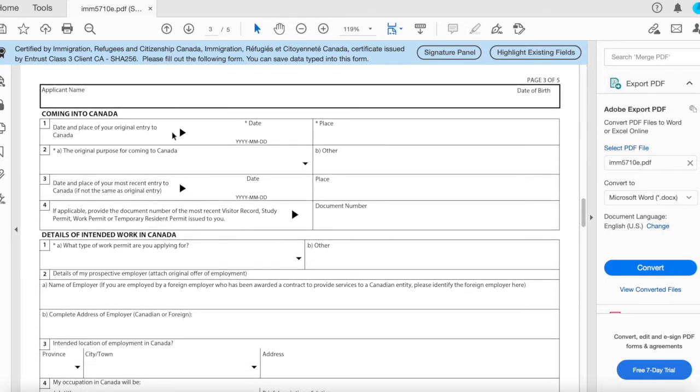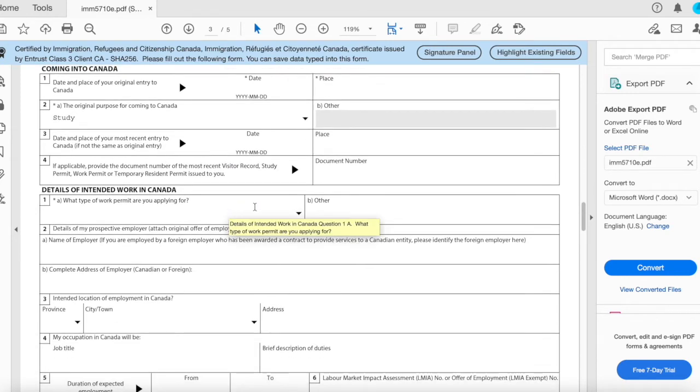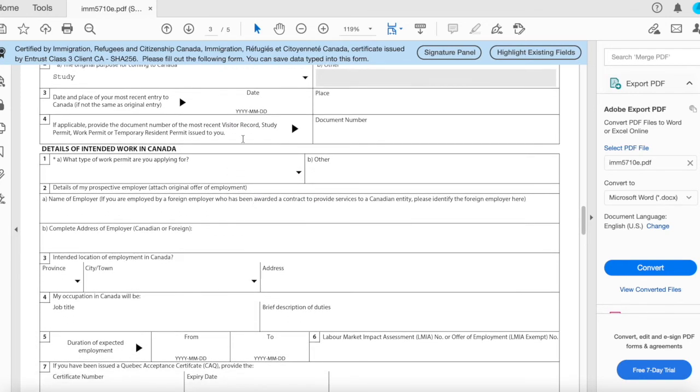And then the date you came to Canada, you have to mention that date, and you have to mention the place, either the city or the airport. So Pearson Airport, because I came there. And then if you left Canada, then you can mention that as well. And here are the details of